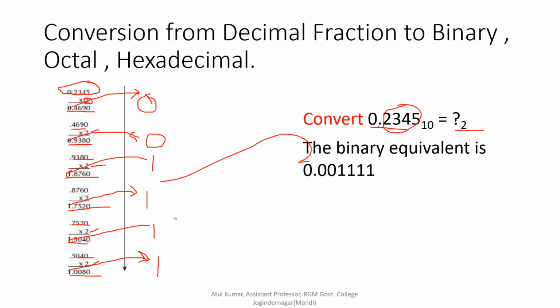Repeat these steps until we get repeated numbers, like here 1 1 1. Now the numbers are going to repeat, so we stop here. If the numbers are not repeated, for example after 1 we got 0, then we got 1, then we got 0, if there is repetition of 1 or 2 numbers again and again, then we stop here.